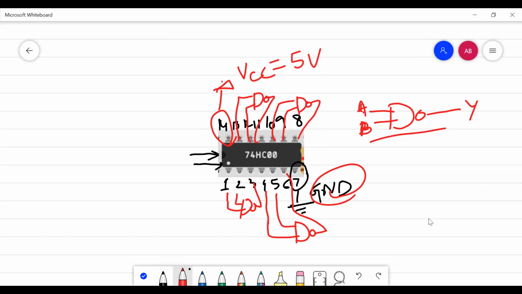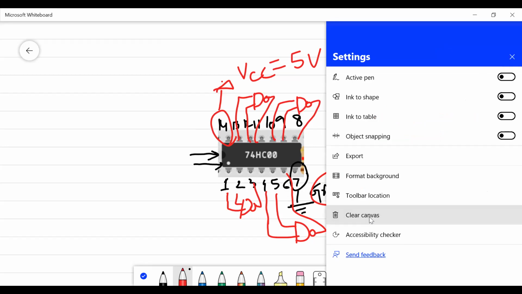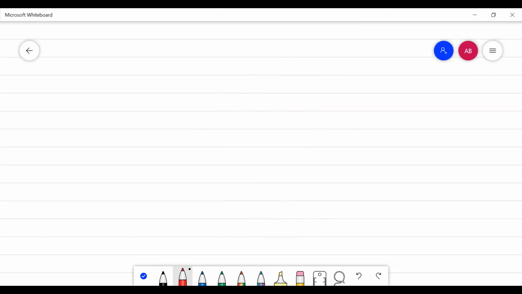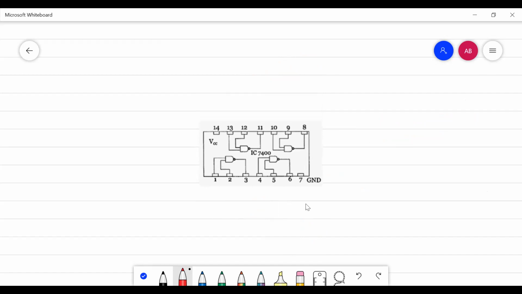So let me show you how it looks here. This is important because when we are going to design it, here you can see the one that I have just drawn before. This is the clear version of that diagram. This is our IC 7400 on which we are going to work. So now how this NAND gate is going to work, we are just going to verify the truth table, right? So this we are going to do on Tinkercad.